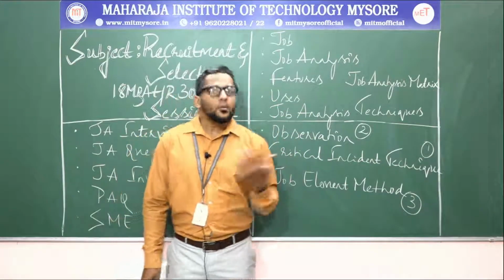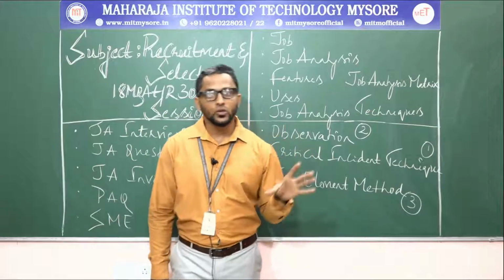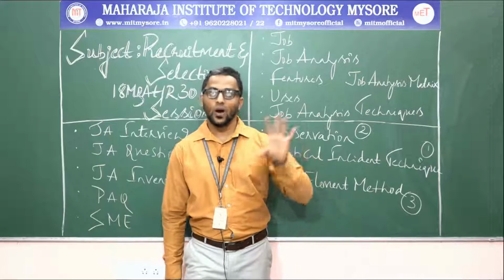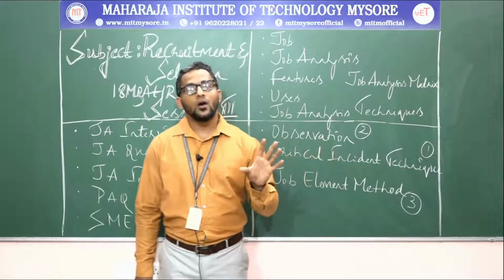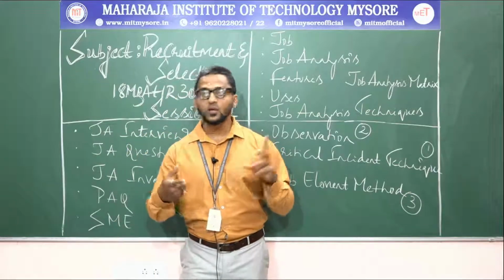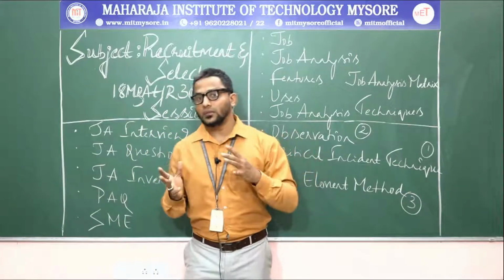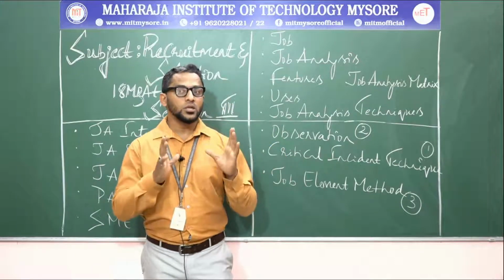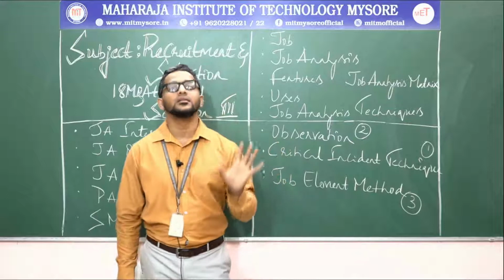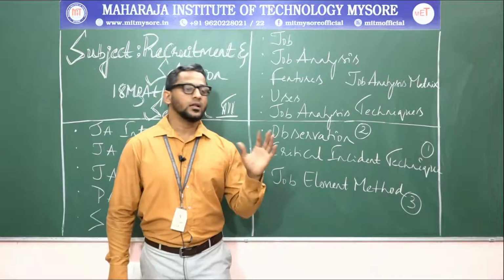At the same time, observation is most useful when the jobs are what? Complex. One way we say observation is very effective when jobs are simple and repetitive, because it does not require any mental aspect. Here we say observation is most useful when jobs are complex and difficult to accurately describe. The next one is